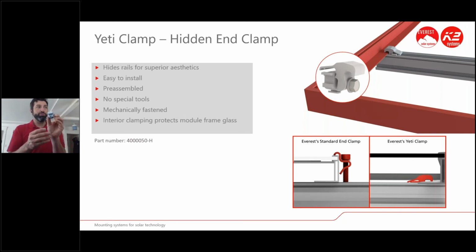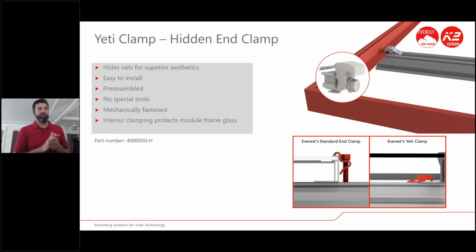Again, this is a part of this new product introduction. It's not a new part, but it's a new improvement to the system where you have the hex now instead of the Allen, which I never had a problem with the Allen. I mean, we were a two-tool system before, where you were just using this Allen. So basically, when you were done installing all the mounts and you were going to start laying down modules and components and mid clamps, that's when you would switch to this, and you'd have that for the rest of the day. But now you can do just a single tool, your 13 millimeter on all of these systems, and that